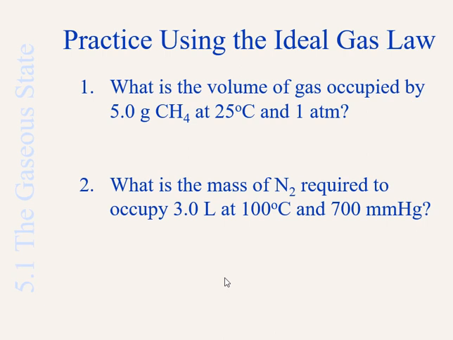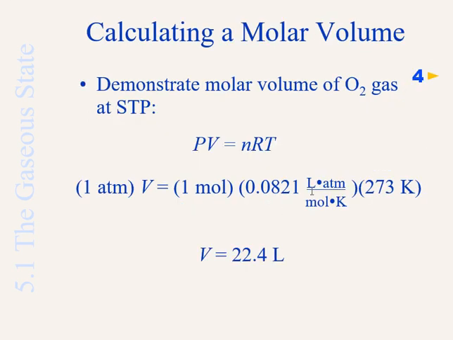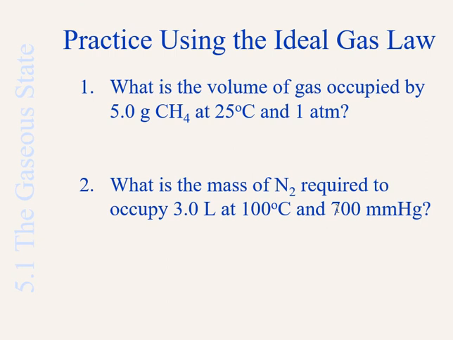Here are a bunch of other problems that you should try to solve. What is the volume of gas occupied by 5 grams of methane at 25 degrees Celsius and 1 atmosphere? In order to solve this problem, you will first have to convert your grams of methane to moles of methane. And you will have to convert your temperature from degrees Celsius to Kelvin. And you have the pressure as it is. Use the value of R given to you previously, 0.0821 liter atmosphere per mole Kelvin,